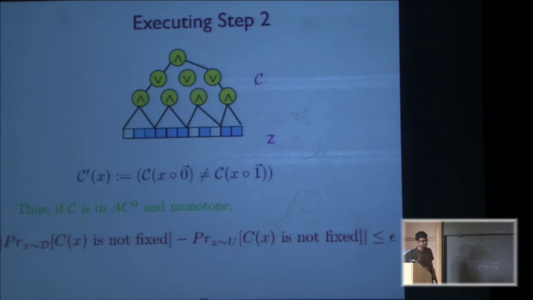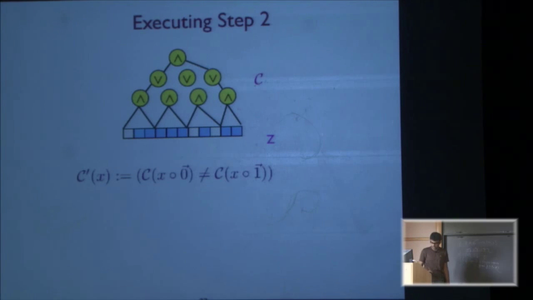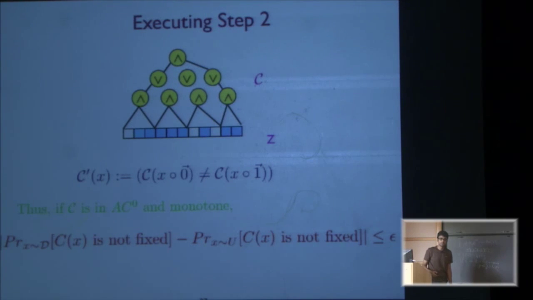If you could construct a resilient function which is monotone and in AC0, then it will work. What's the problem with constructing a constant function as a resilient function? If you just take the constant function, it's resilient. Yeah, that's a very good question. So we want the function to also be almost balanced, because we want an extractor. Actually, we spend most of our time showing its balance.